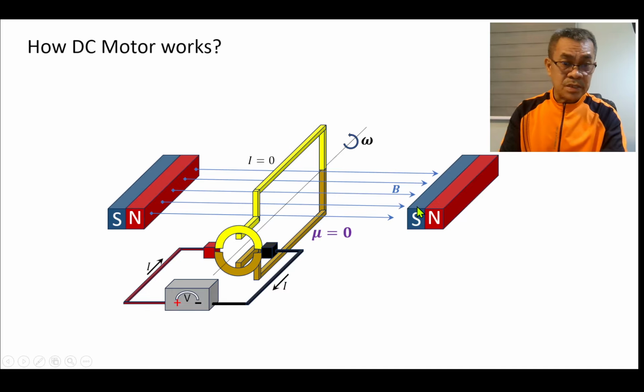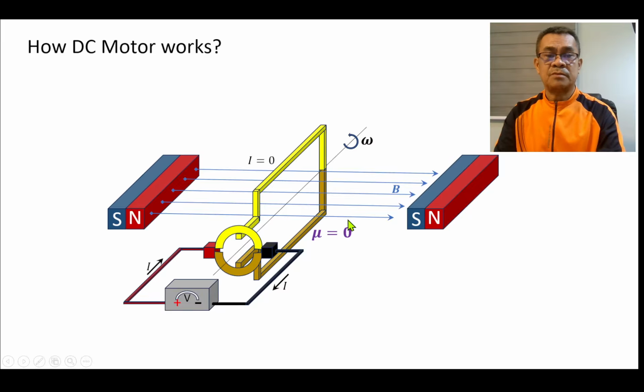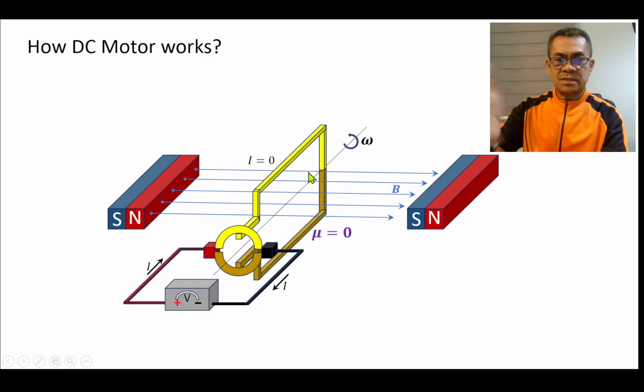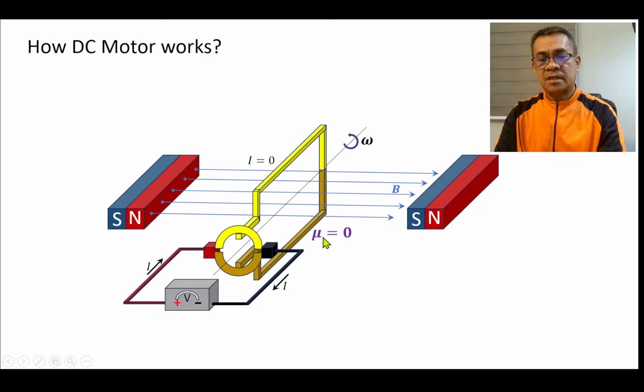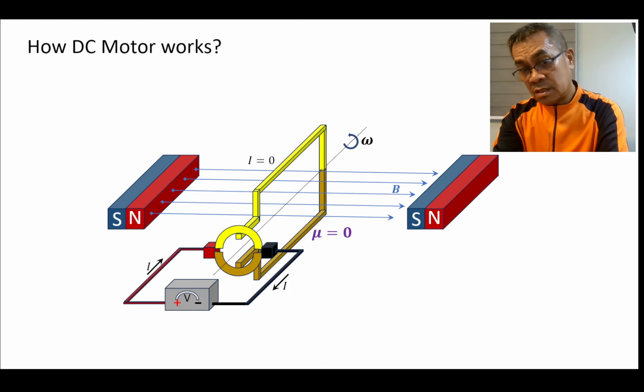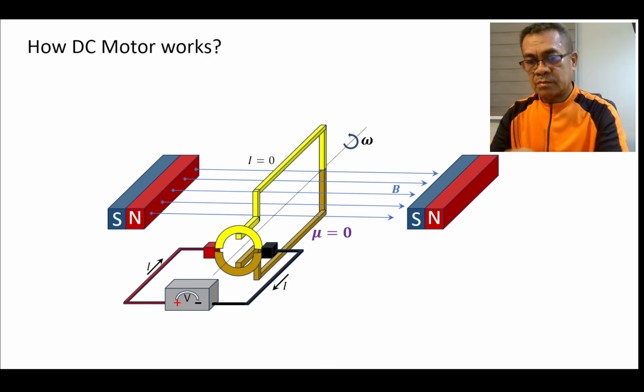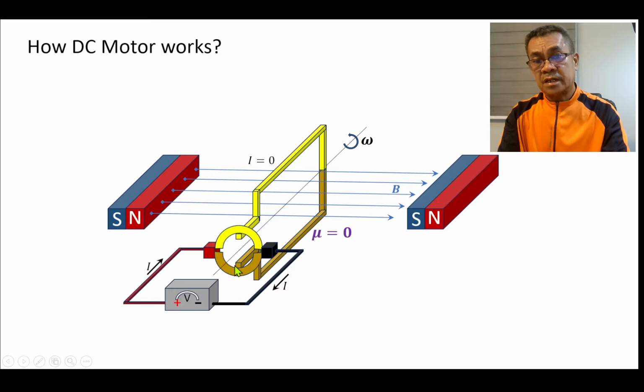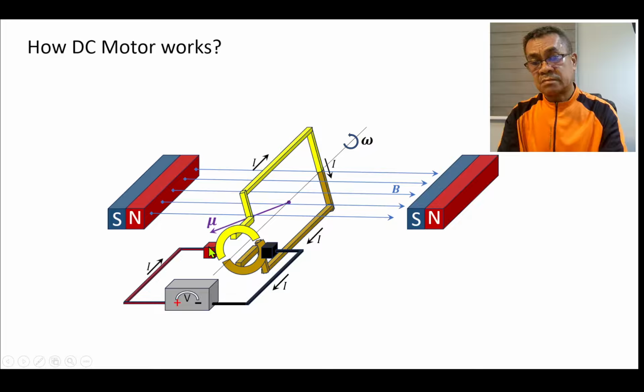Remember that this mu will align with this one, but at that orientation, mu is zero. Now what happens next? Remember that we already have momentum at that part. So even if we don't have current and we don't have mu, by conservation of energy, it will rotate. The moment it rotates a little bit from this one, remember that this positive touches the gold. Now, if this continues further, look at this one. The brass positive is now connected to yellow.